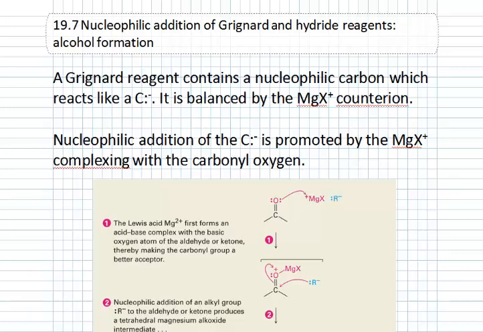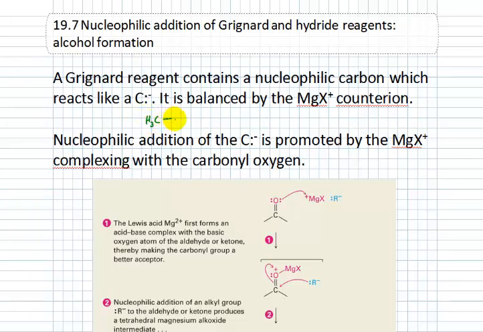We've already seen how Grignard and hydride reagents can react. Let's just take this time to add a little nuance to our understanding of this. Remember what the Grignard reagent is. It has a nucleophilic carbon which reacts like a C-. So if I have methyl Grignard, right, that is